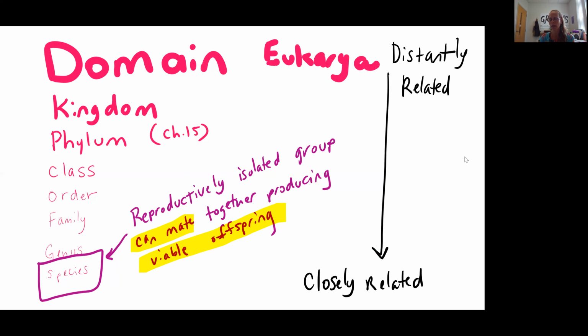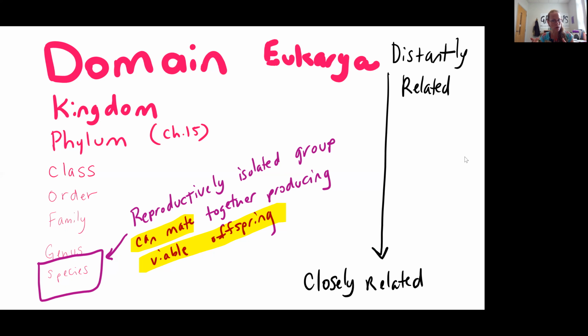In order to be a reproductively isolated group, you have to, in nature, be able to come across each other, attract each other, produce offspring that are then able to survive in that environment, and the offspring are equally able to attract mates and produce viable offspring. So the idea here is you're able to reproduce. So we have lots of different breeds of dogs, but if those dogs come together, they can mate and they can produce a mixed breed dog. So that tells us from the biological species concept that dogs are all members of the same species.